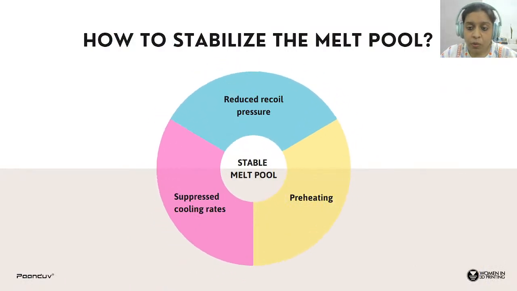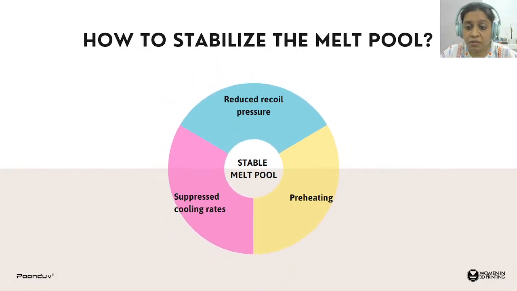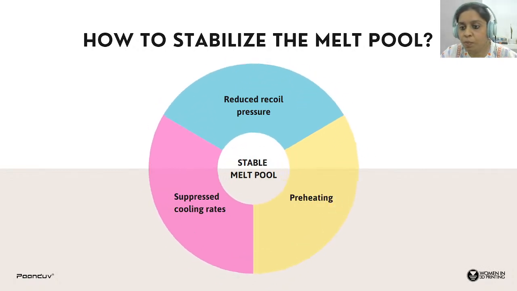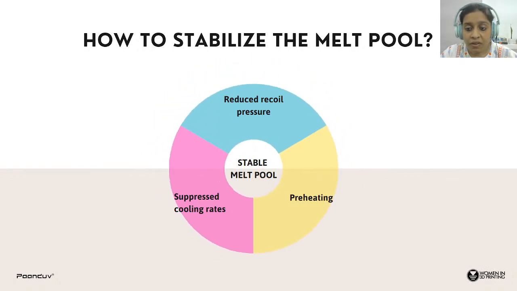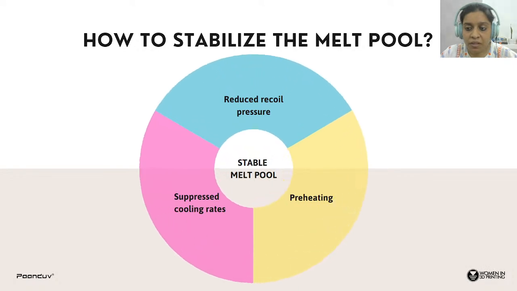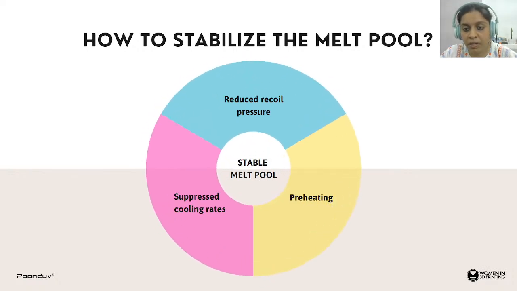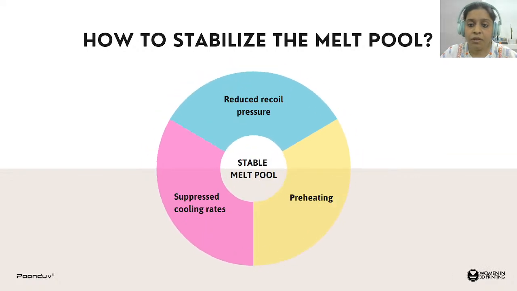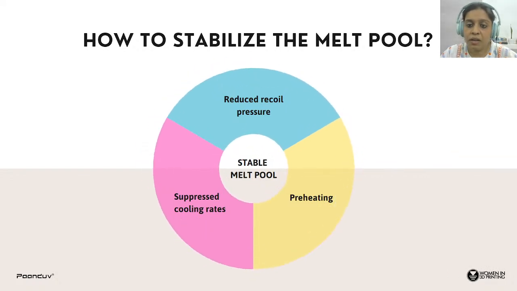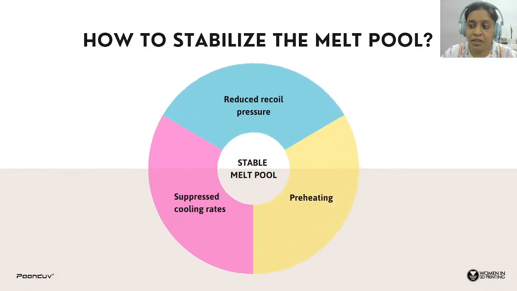If we are talking about the thermal gradients, if you want to reduce the thermal gradients, which is very important, you have to do preheating. You have to heat up your substrate such that the temperature gradient between the substrate and the top layer does not remain as much as it was before. You have to reduce the cooling rate, and last but not the least, you have to reduce the recoil pressure. You have to be in the conduction mode in order to minimize the defects,